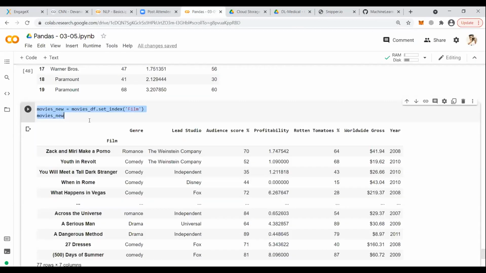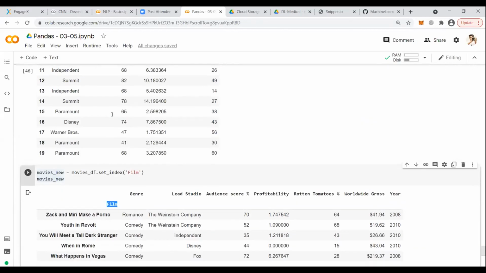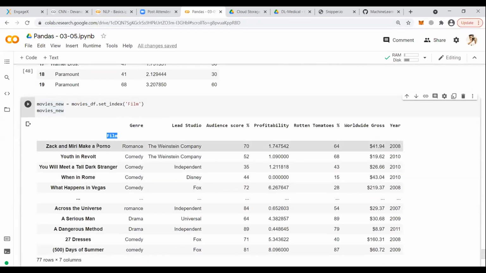A new index, a complete new index has been chosen. Earlier, we had the default index values, which Python takes as 0, 1, 2, 3, 4, like that. Now, in this case, we have specified it.